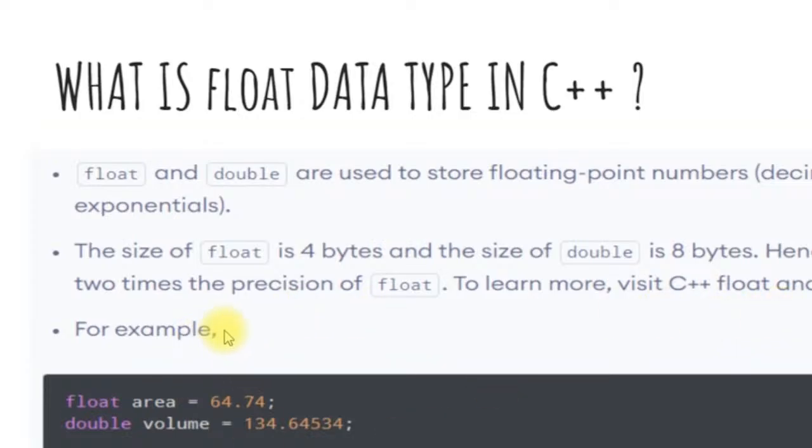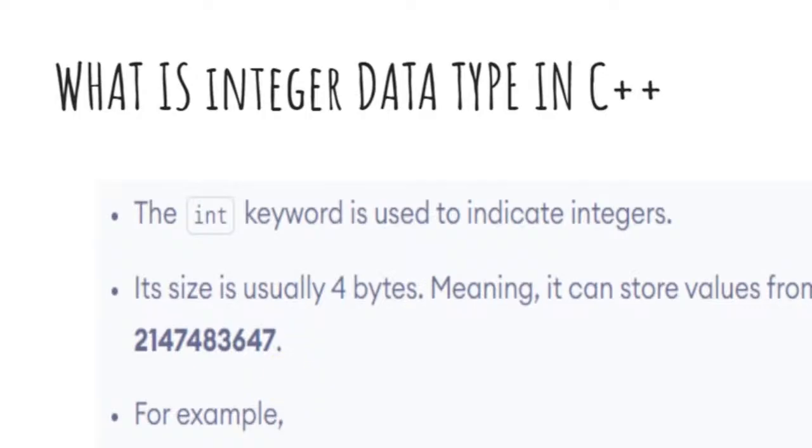So as we discussed in the previous slide, the syntax will be almost similar. int salary is equal to 85,000. So this is the data type, this is the variable name. You can change the name if you want, and on the right hand side of the is equal to symbol you have the number or the decimal point number or the exponential number that you want to store into this variable. So what this line of code in the entire program of your C++ will do,